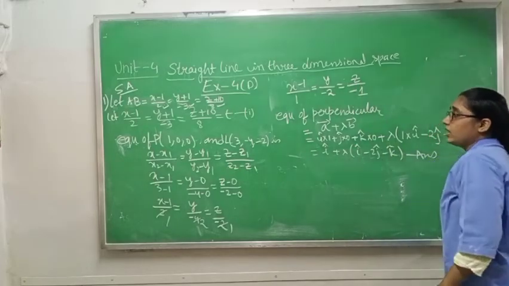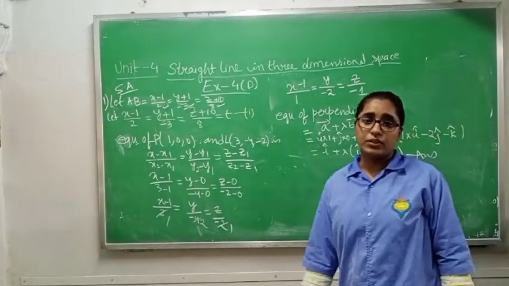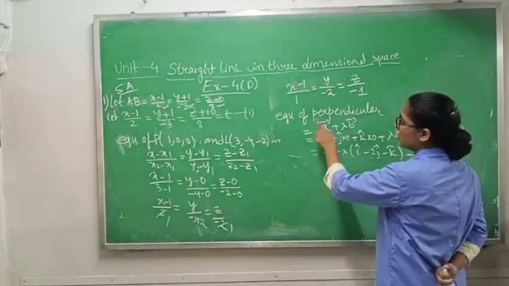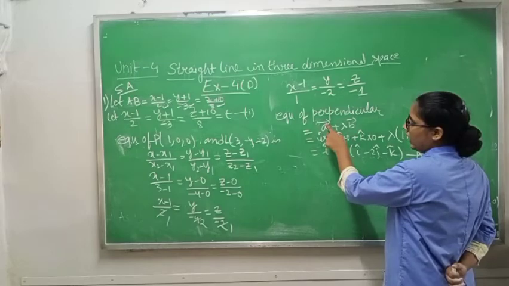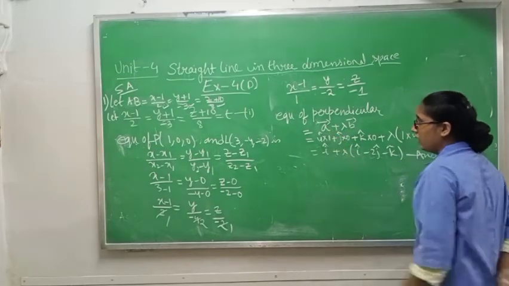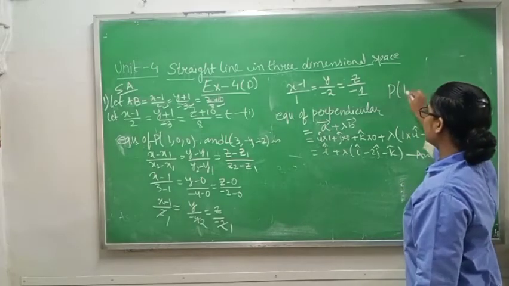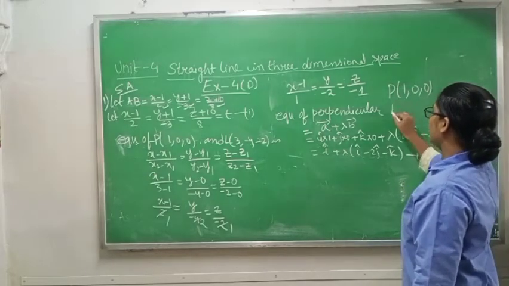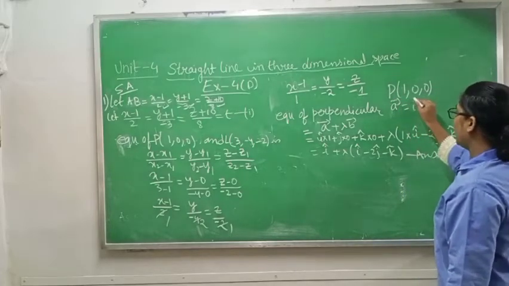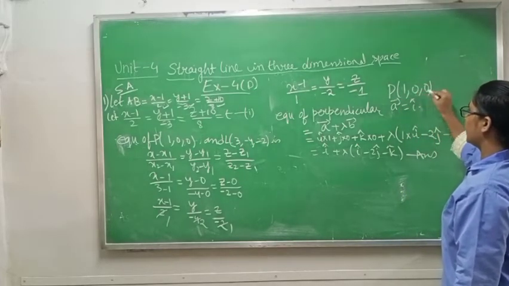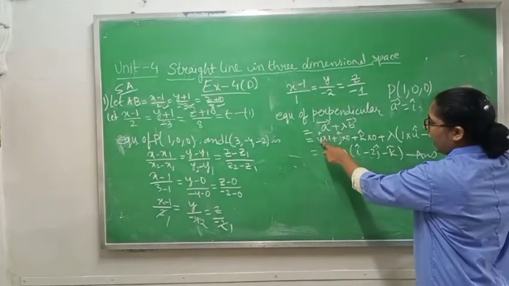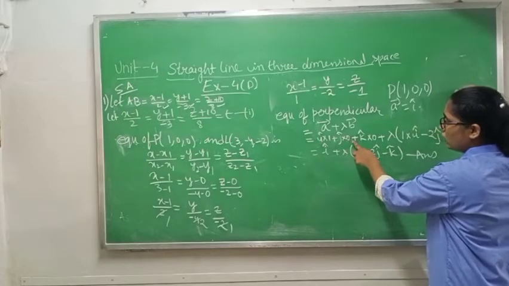So this you are getting in Cartesian form, but in the answer they have given in vector form. So to convert to vector form, how will we do it? Equation of perpendicular equals a vector plus lambda b vector. From where will you get a vector? From point P. P is 1, 0, 0. So the P vector, or you can write a vector, will become i cap only because j and k are 0, so that is why we are writing i cap into 1 plus j cap into 0 plus k cap